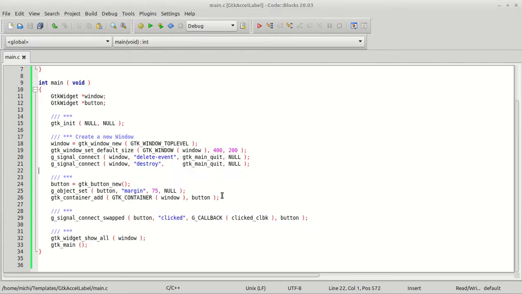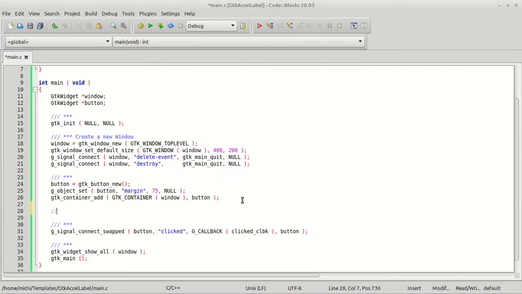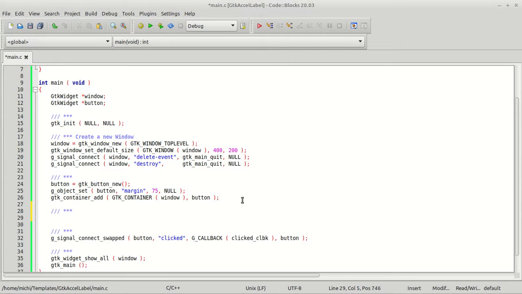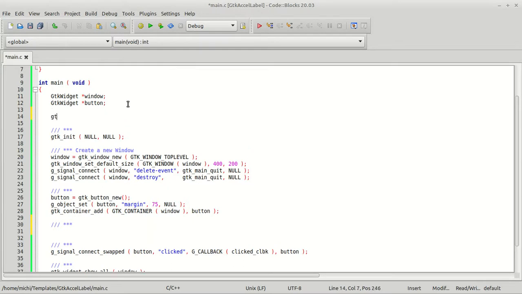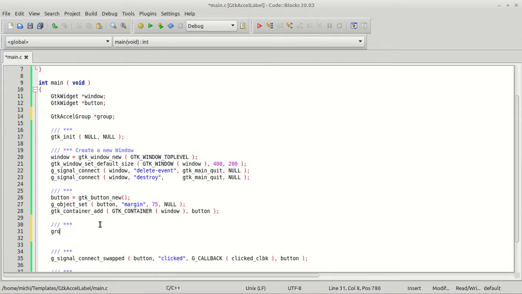Now it is time for us to move on, and we have to create an accelerator. For this, the first thing which we need is to create a group. That's very important, because if we have no group then it will be nonsense. So GtkAccelGroup, I'm going to say group, and here the group will be pointed to the